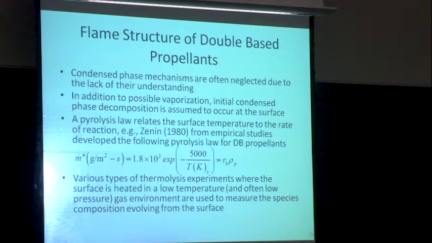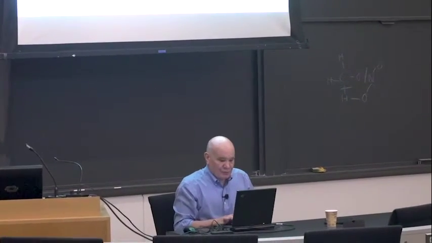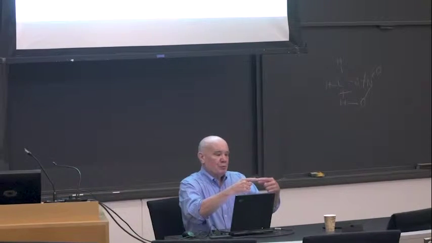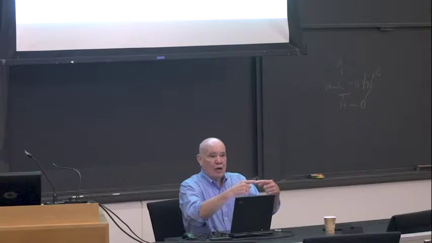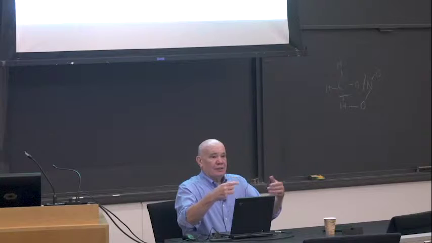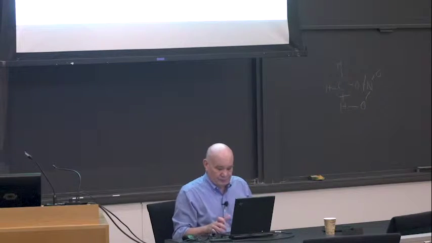They may be as simple as, I take the strand and I just let a hot plate come down to the surface and let it hit the surface. I know the temperature of the hot plate, and I look at how fast then I remove material from that surface. Or, as I said, there are different types of thermolysis experiments. People have actually deposited, in addition to films, a thin film on an electrical wire, and I rapidly heat the electrical wire, and I look at what evolves off the surface to look at what the speciation is at the surface. To show you an example of that then,